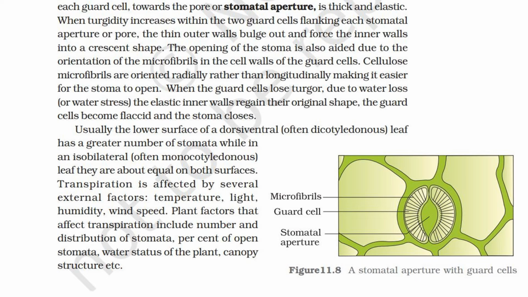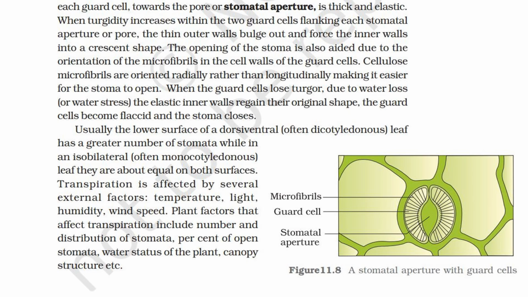Usually the lower surface of a dorsiventral, often dicotyledonous, leaf has a greater number of stomata, while in an isobilateral, often monocotyledonous, leaf they are about equal on both surfaces. Transpiration is affected by several external factors: temperature, light, humidity, wind speed. Plant factors that affect transpiration include number and distribution of stomata, percent of open stomata, water status of the plant,